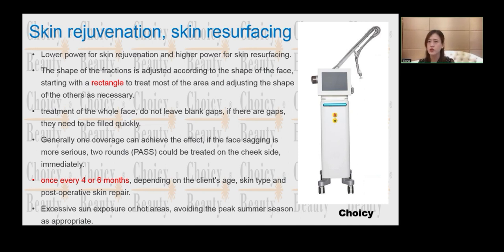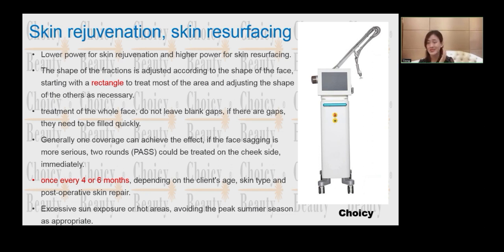Generally, one coverage can achieve the effect. If the face sagging is more serious, then 2 rounds can be done on the cheek side. So for sensitive places, or places where the skin is not so thick, we do a one-time treatment.